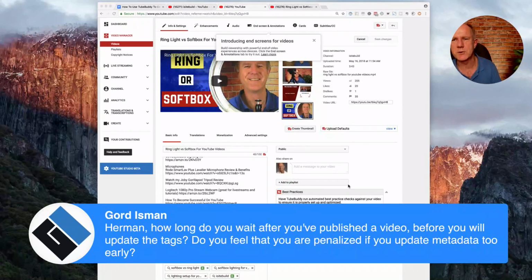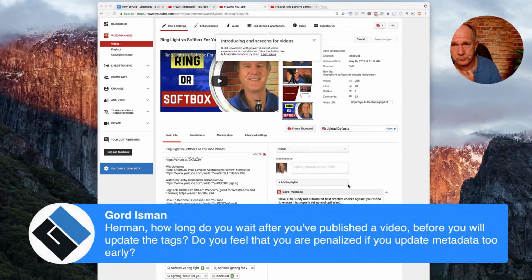So you definitely don't want to change the metadata right away. I would leave it one or two weeks until the rankings settle down. And then maybe if nothing's happened, you might want to update your metadata. Generally, I leave it for a month or two. Then if I'm not getting any traffic whatsoever, and it's completely disappeared from search, then I'll